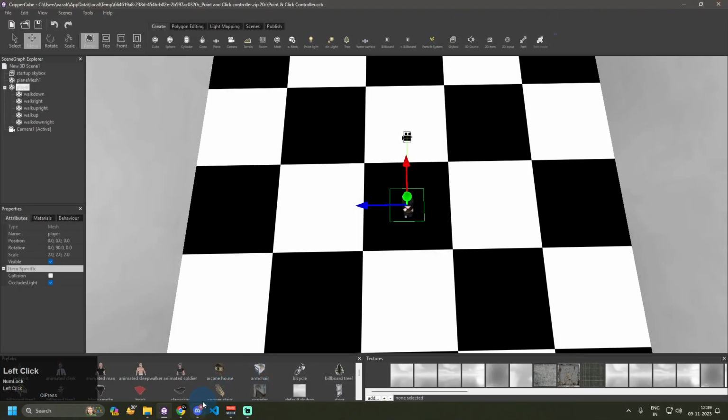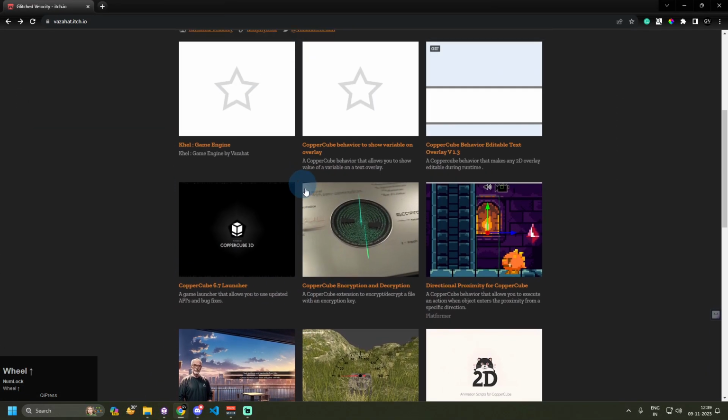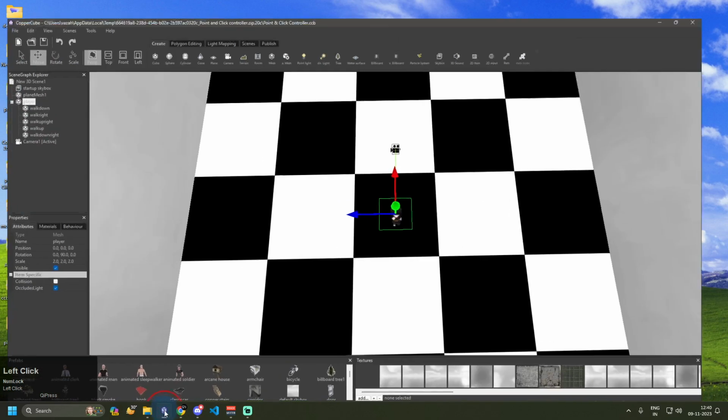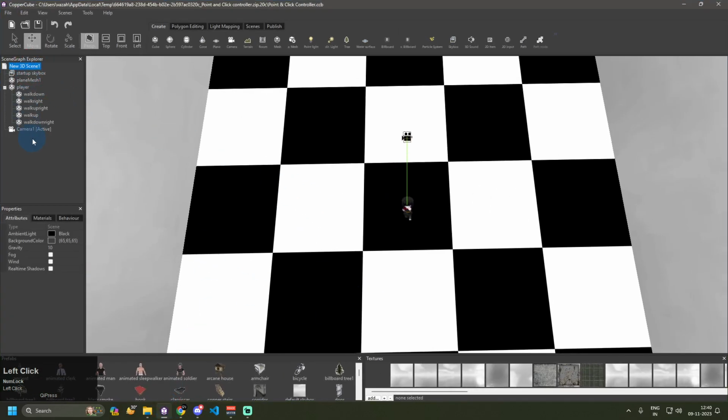There is also one video on my channel that is all about an Age of Empires clone, and this is very similar to that example, in which you can simply select the unit with your left mouse and then move with your right mouse. So now let's just look at the behavior. So we have a camera and there is no